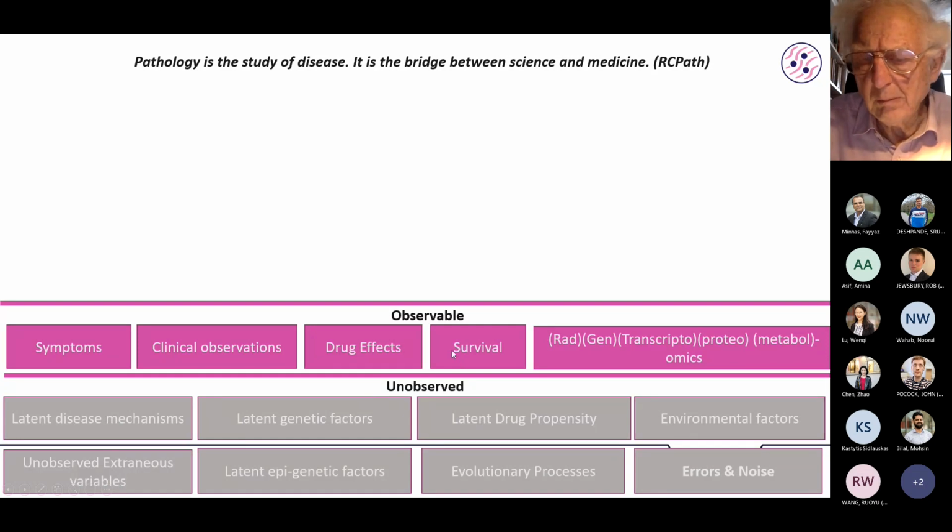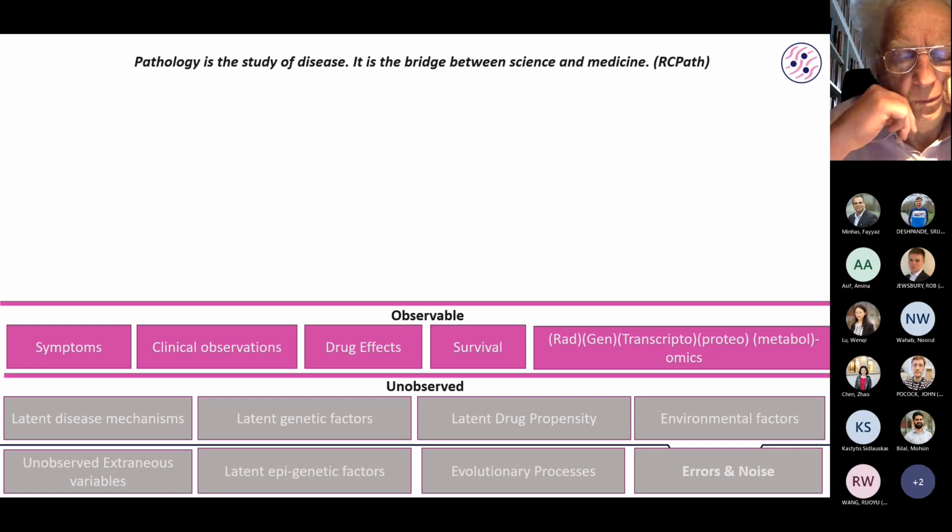What is the survival? That can also be observable. We can also have radiomic, genomic, transcriptomic, proteomic, or metabolomic information that we can use to infer something about these unobserved phenomena. If we go a step higher,